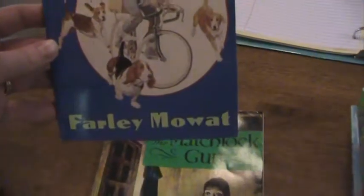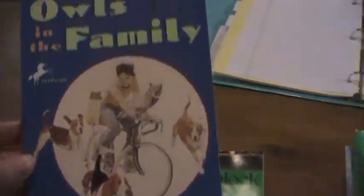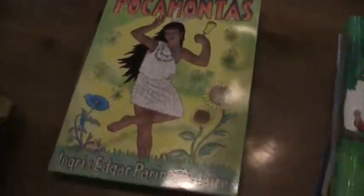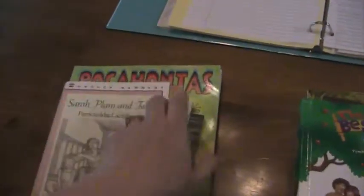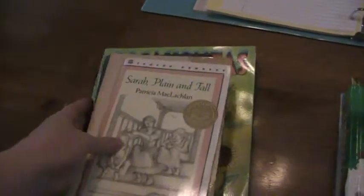And then Pocahontas by the d'Aulaires. And then Owls in the Family by Farley Mowat. And the last one is The Matchlock Gun by Walter Edmonds. And so this is going to be for my daughter's 4th grade independent reading, like I said. I don't believe this is all of the books scheduled in Drawn into the Heart of Reading for 4th grade. But like I said, that's what we own, and so that's what I'm going to have her read,